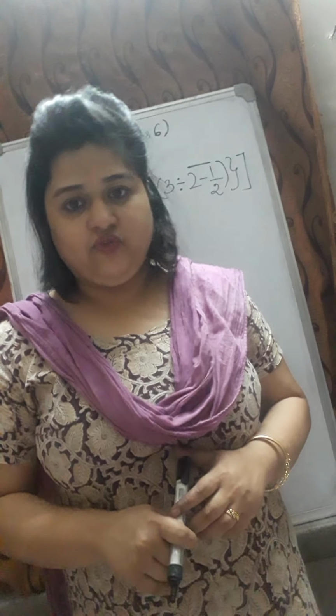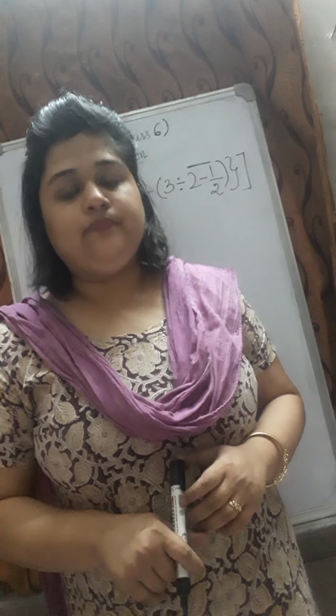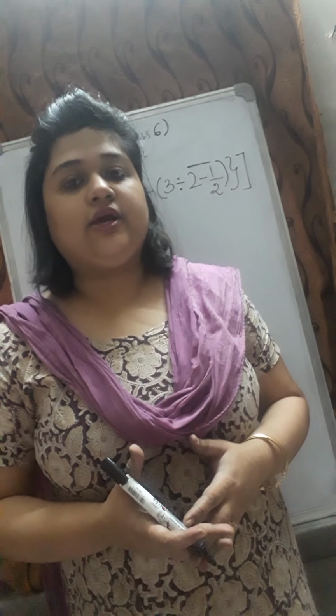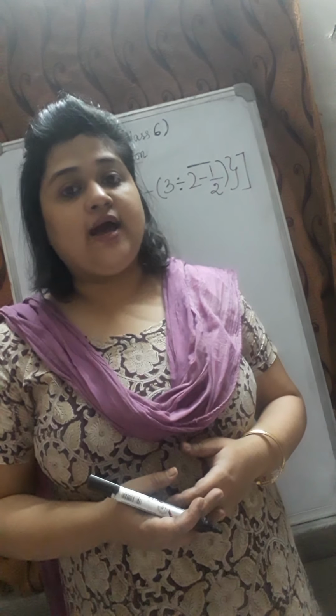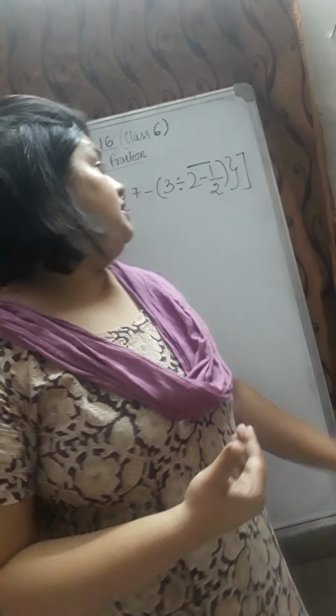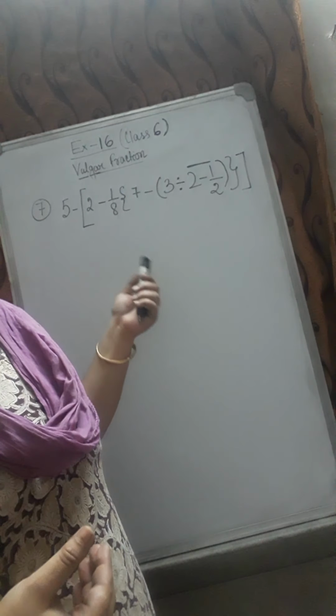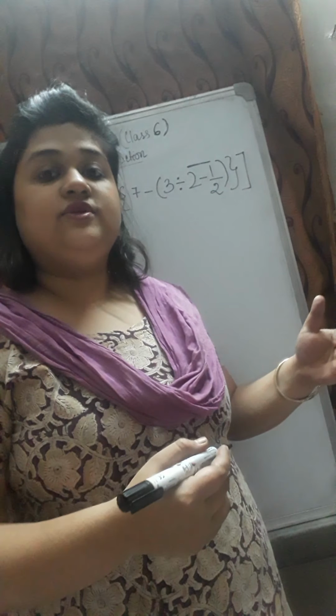Students, already in the previous video of class 6 I have said that exercise 16 is a huge simplification exercise from where we will only do those which have bar brackets. Now bar brackets, I have already explained that in simplification we use the rule of BODMAS, that is brackets of multiplication, division, brackets of division, multiplication, addition and subtraction, and we try to solve the sum accordingly.